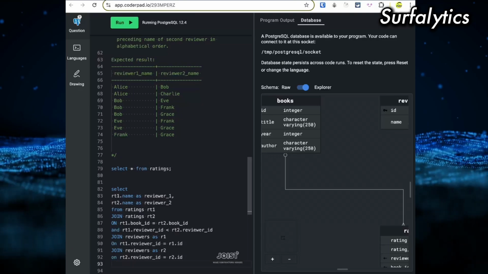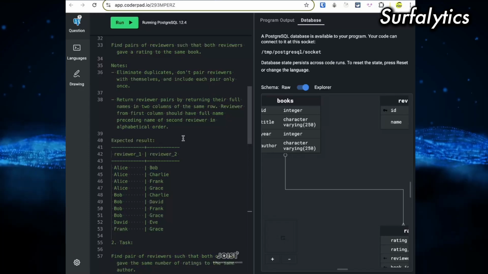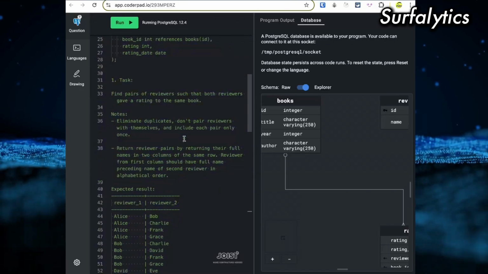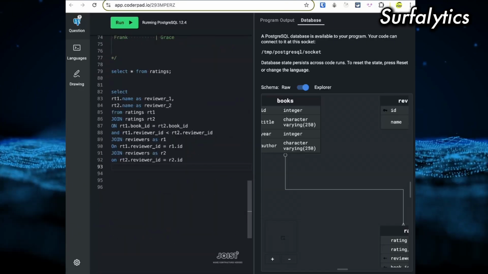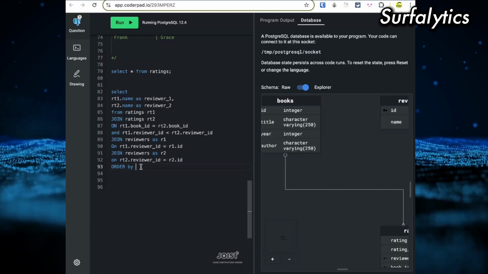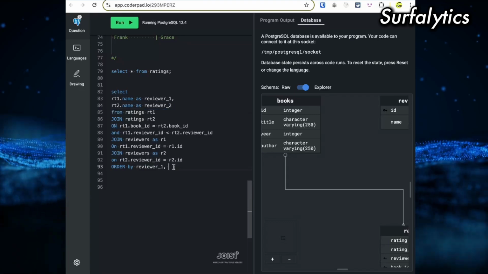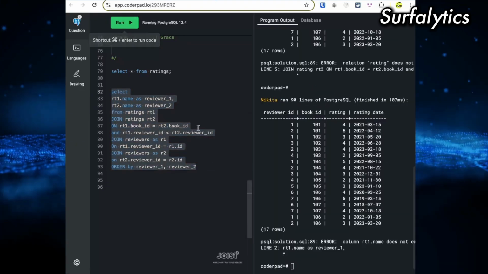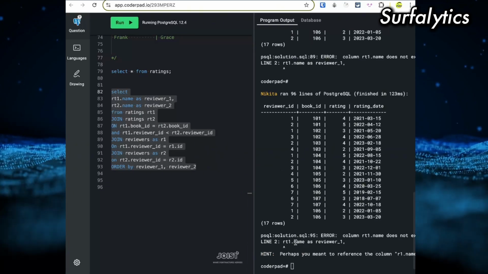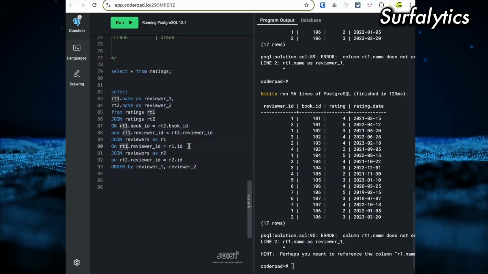They have the same relationship. And I need to do, I think, order by, I remember that. It's got a full name to the reviewer ID in alphabetical order. Yeah, order by reviewer 1 and reviewer 2. Let's check. RT1.